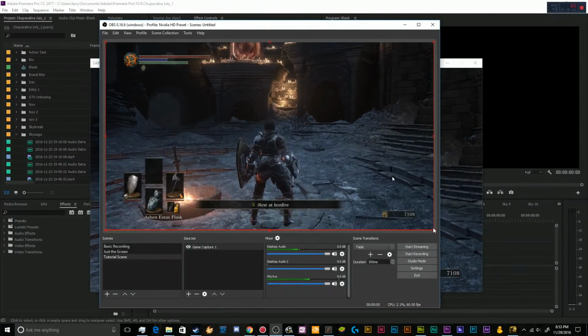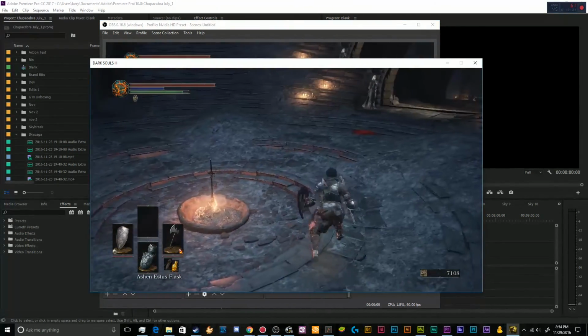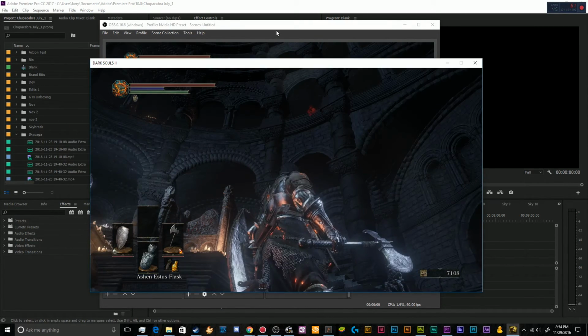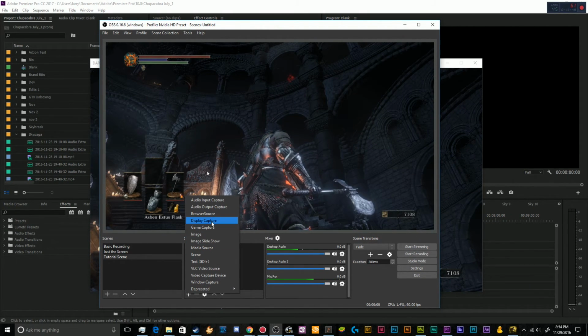And because I'm playing it windowed to demonstrate this for you without causing a glitch in my recording, here you can see it, and here is the actual game. And I'm running a recorder on top of a recorder to demonstrate this, so it might be slightly laggy, but for the most part, with my settings, especially if you use the built-in encoder, none of your recordings should lag that much. So here's my game capture, and if you want to add a video source like a webcam,